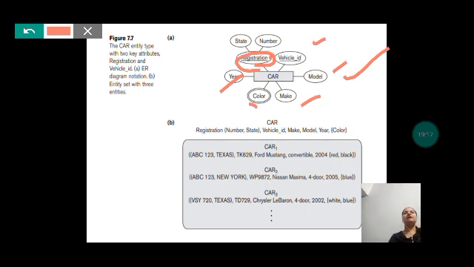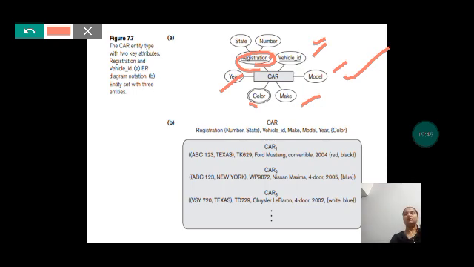So wherever we have underlines, they are nothing but key attributes. Now we will discuss in detail what these key attributes are, but remember that key attributes are the attributes using which you can recognize that particular entity. Similarly, we have entries for the vehicle ID.